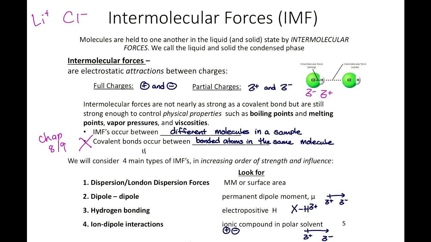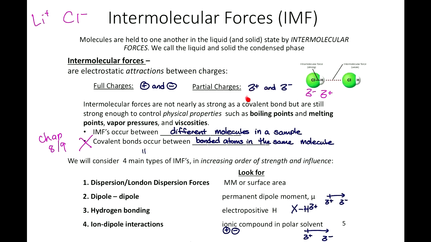And so just to kind of relate to this, in chapters 8 and 9, we looked at chemical bonding that makes up an actual molecule. So no longer are we talking about covalent bonds. We're not talking about ionic bonds. We are looking at, okay, how does one water molecule interact with another water molecule nearby? While in chapters 8 and 9, we looked at, how are hydrogen and oxygen bonded to one another in one oxygen or water molecule. So the whole idea here is that intermolecular forces are attractions between